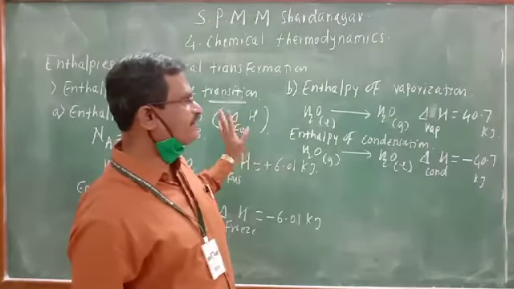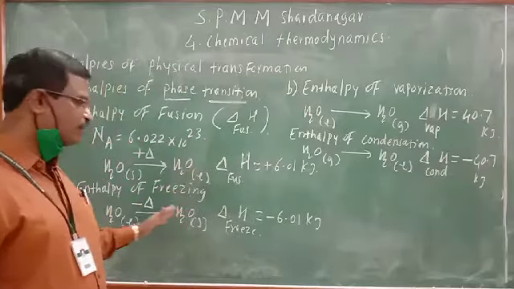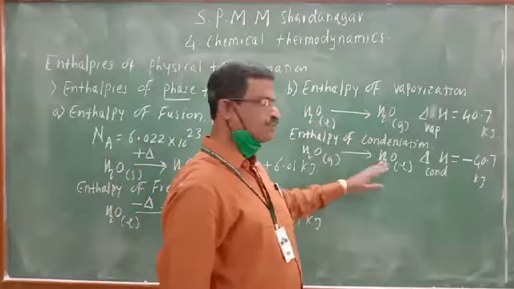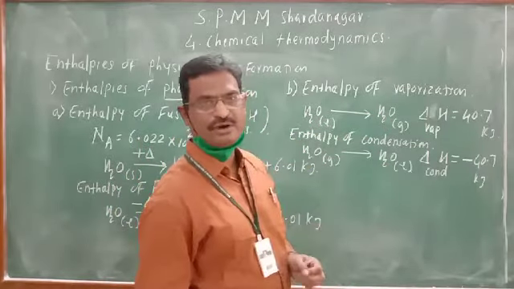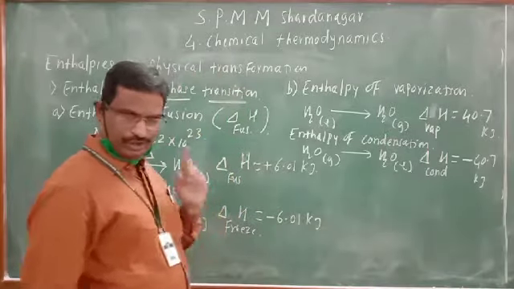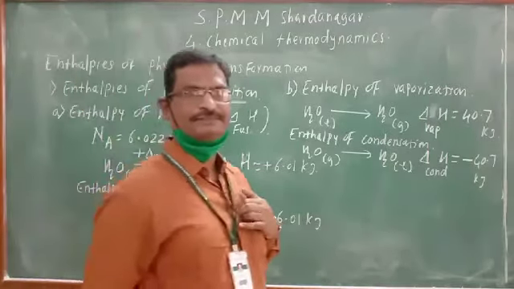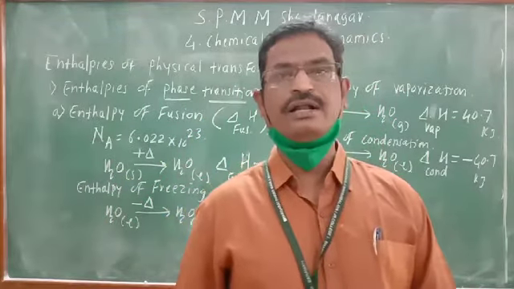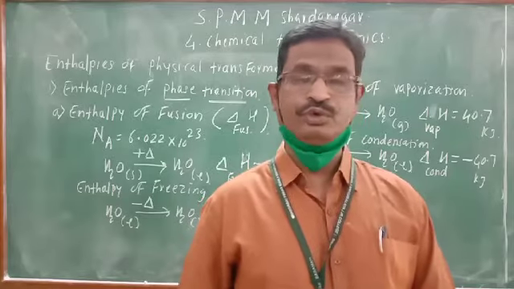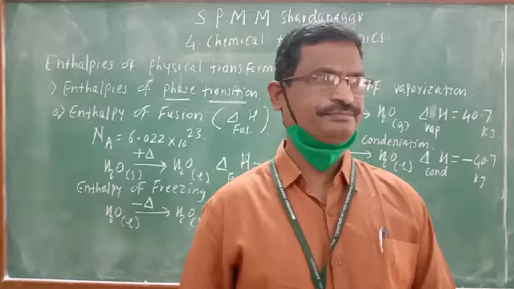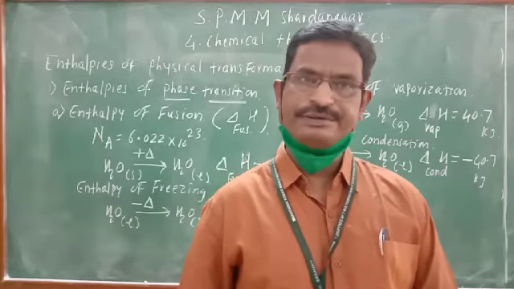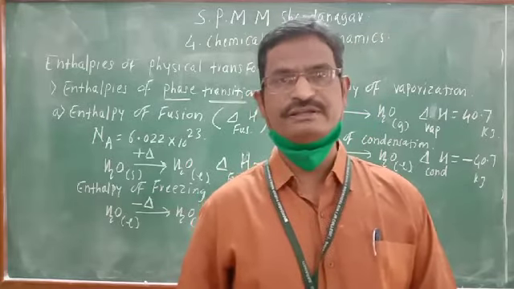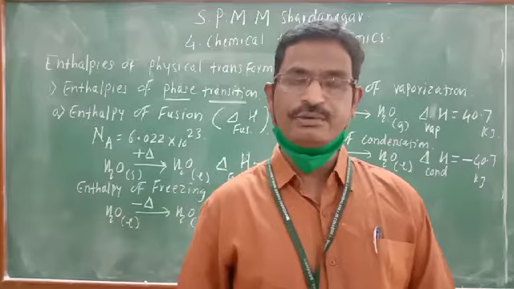These are the enthalpies of phase transition: solid to liquid, liquid to solid, then liquid to gas and gas to liquid. They are opposite processes of each other. Now one more phase transition can directly take place. Solid, whenever heated, may be directly converted into the gaseous state without passing through the liquid state, or gas, whenever condensed, directly gets converted into the solid state without passing through the liquid state.